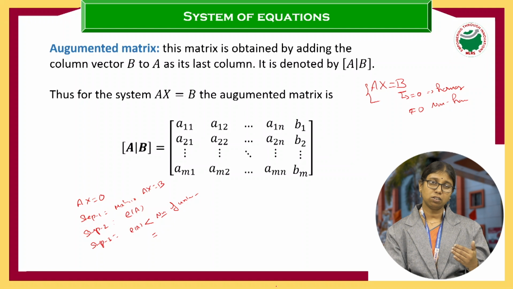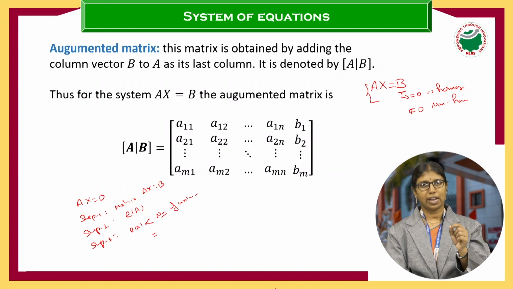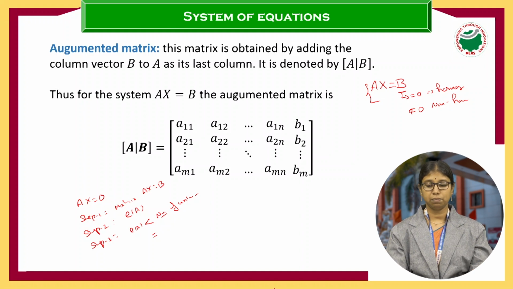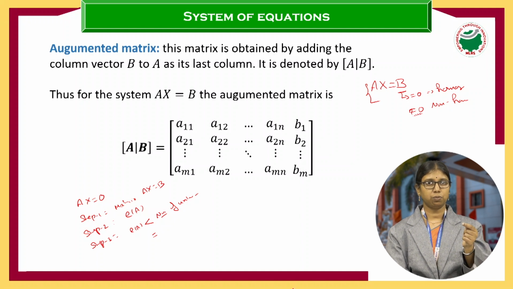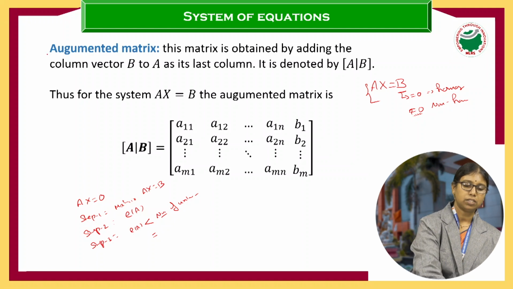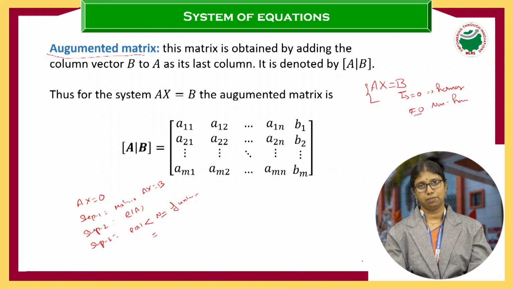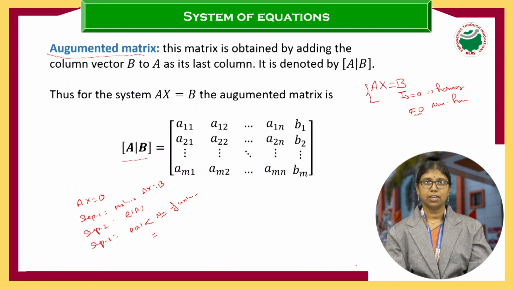Now, for non-homogeneous system also, we are following the same procedure, but we have to add one more step to solve the system of equations. Non-homogeneous means here B must be non-zero. That means there exists at least one non-zero value in the column vector B. So to solve the non-homogeneous system, we have to add one more step. That one more step is your augmented matrix. We have to define a new matrix of the form A given B, the augmented matrix,